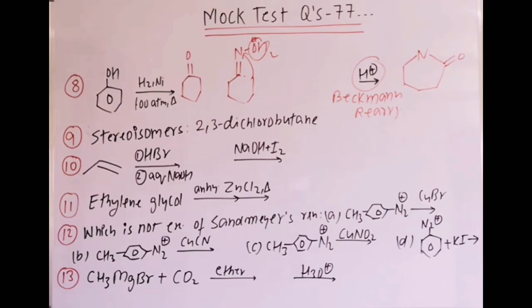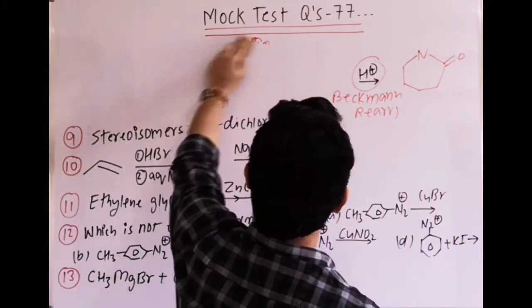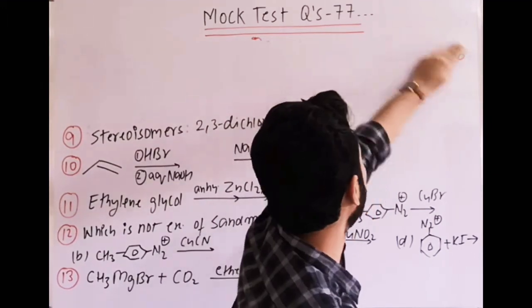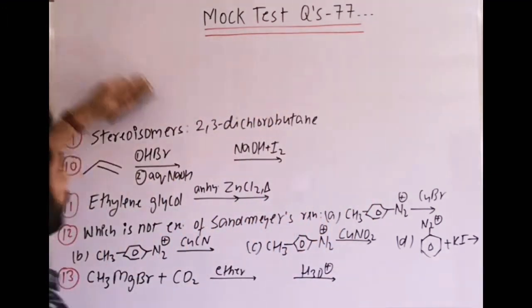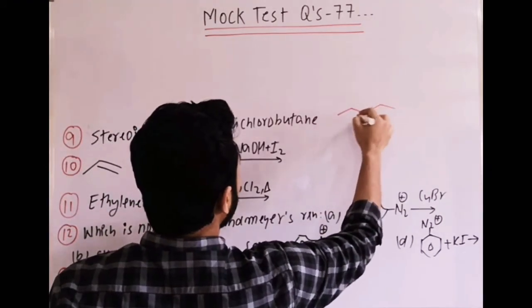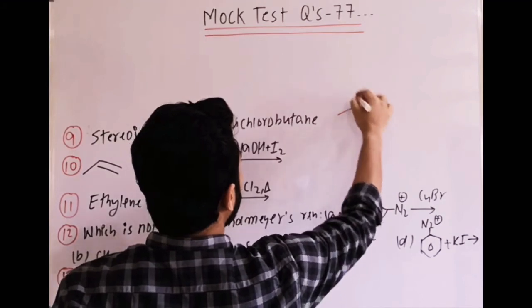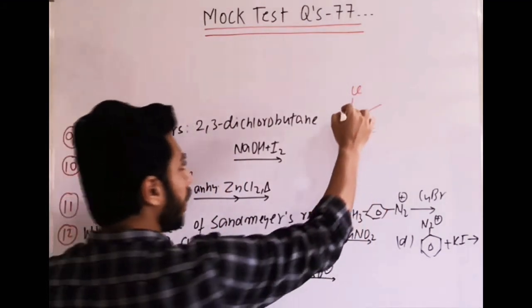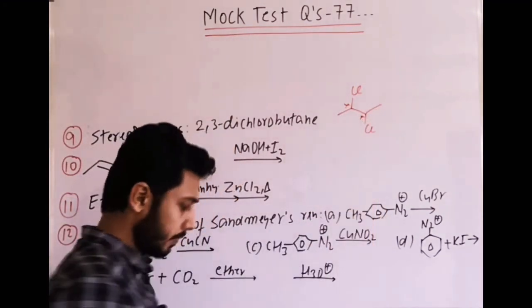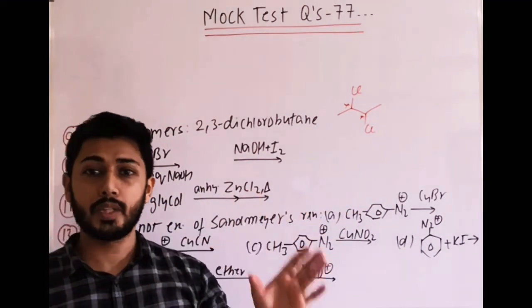The next question is stereoisomers of this compound. Very easy question. Why have I given it? Because after a long time I have seen this question in the NTA. Although in the notes you have done this type of example several times, which is 2,3-dichlorobutane. This is butane and 2,3-dichloro. Okay, which case will we take? Two chiral centers. Where have we done this case? In optical isomerism.